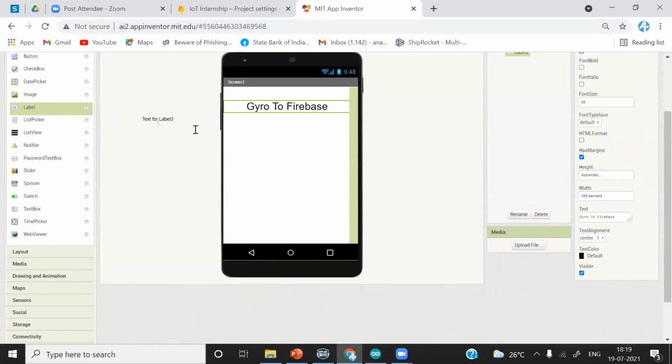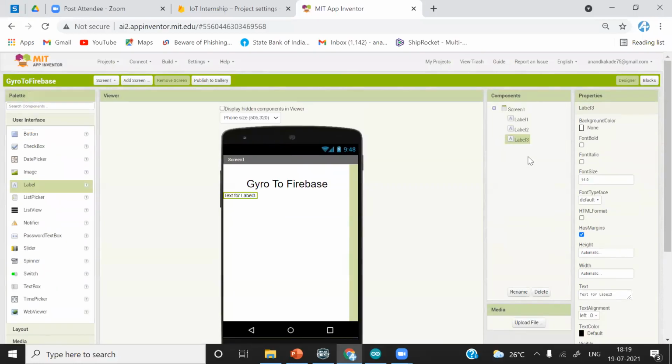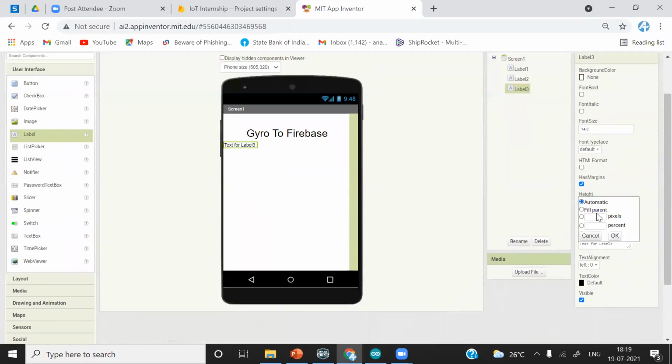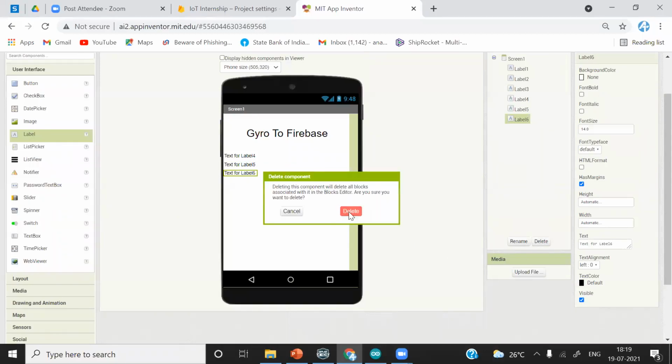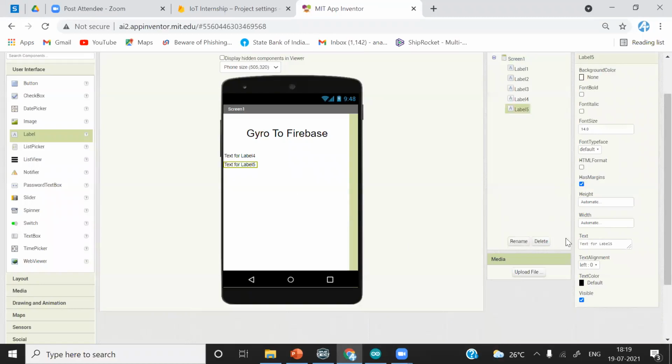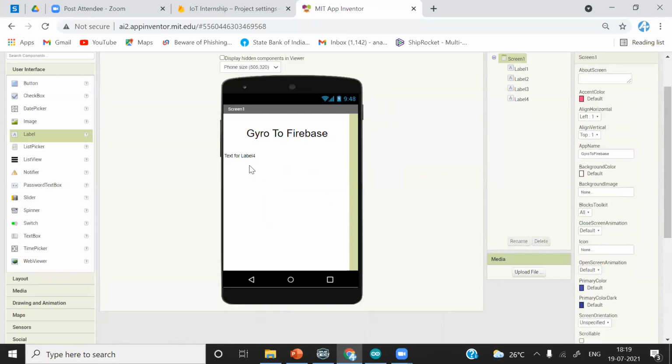After this, we will add another distance, again 20 pixels. Remove this text. Quickly, I will add 3 more. Sorry, you must add the layout to align 2 labels in a row.